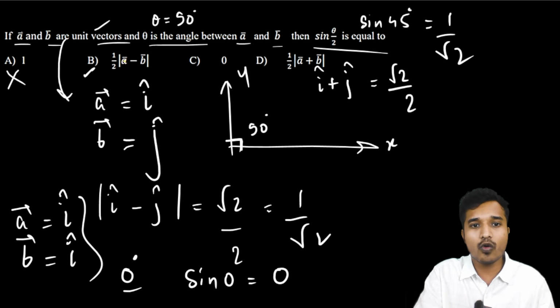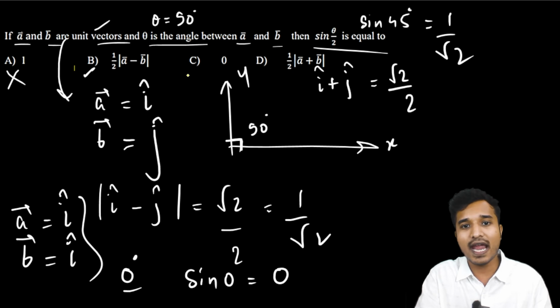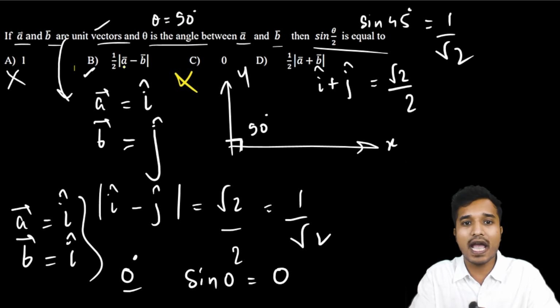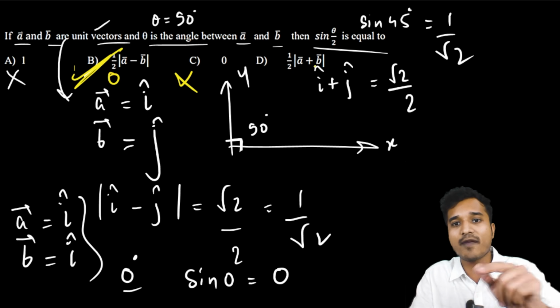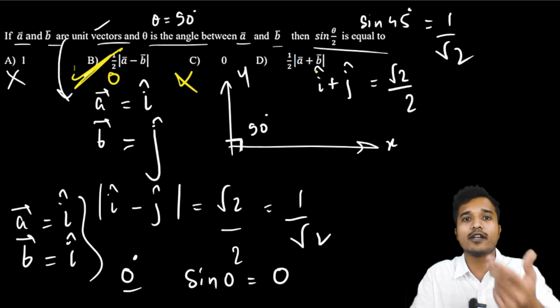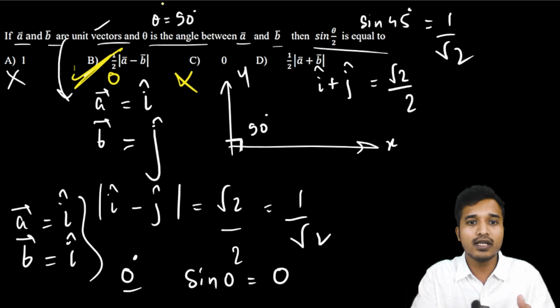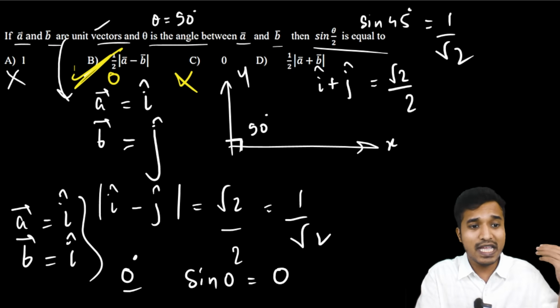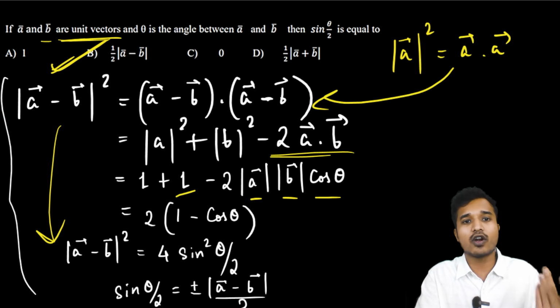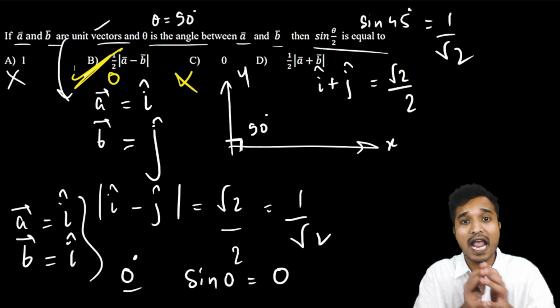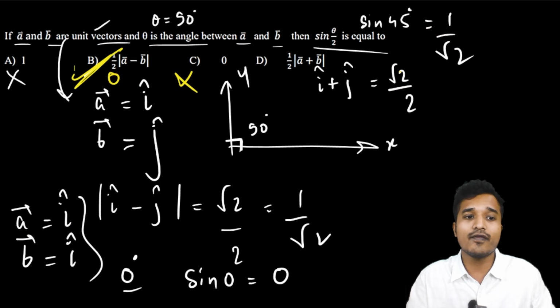Now we need to check only between B and D, because options A and C have already been eliminated based on our case 1 assumptions. So here if we substitute i minus i, this becomes 0. So this will be our final answer, because here i plus i will be 2i, and the magnitude of 2i will be 2 divided by 2 equal to 1. So that can't be the answer. So the final answer will be option B. And even using the conventional approach, we got the answer as B, but this was a quicker approach and can help us save a lot of time in the VIT-EEE exam.